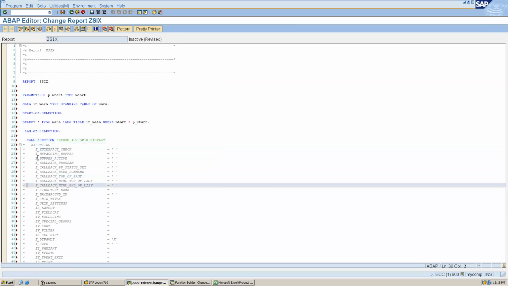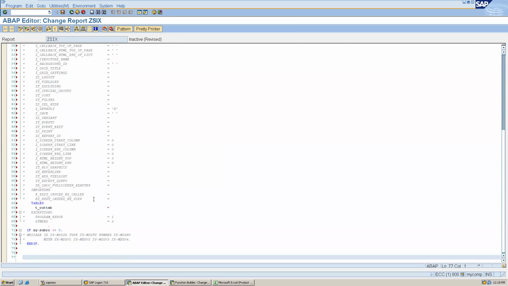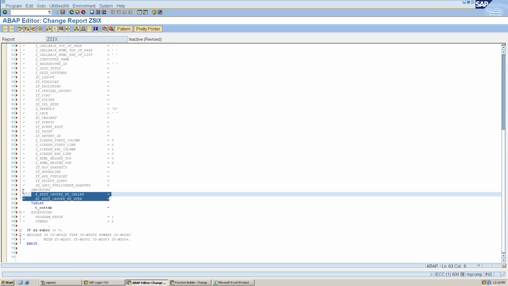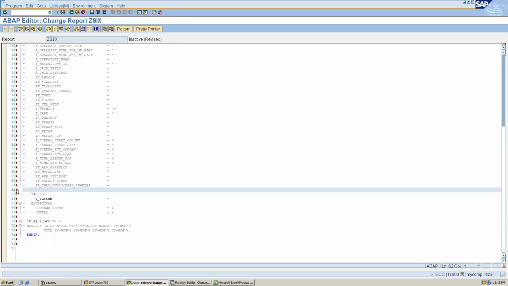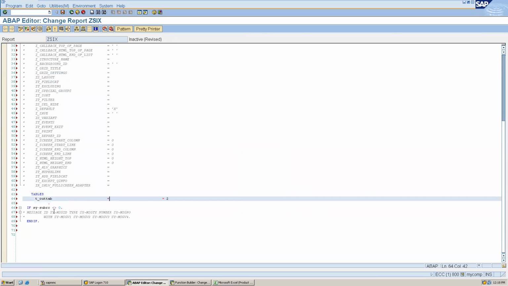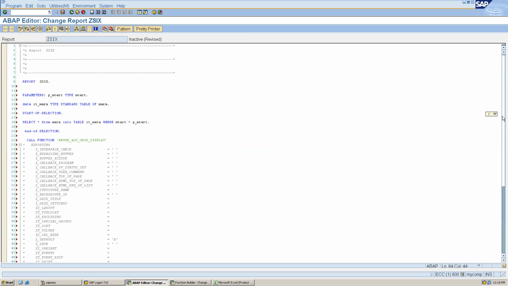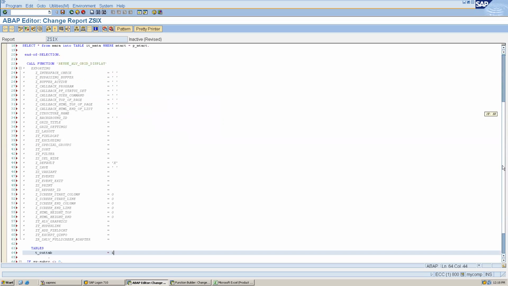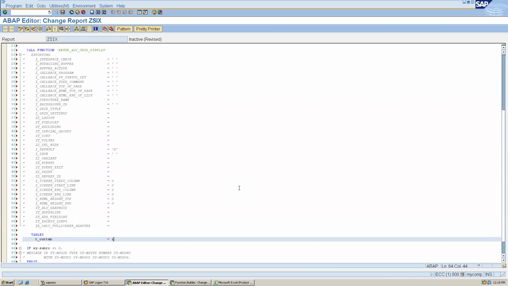It is having so many parameters, but I just do not want this importing. Whatever I don't want, I can delete. So whatever is commented I'm deleting. I just want to print my table, that is IT_Mara, right?